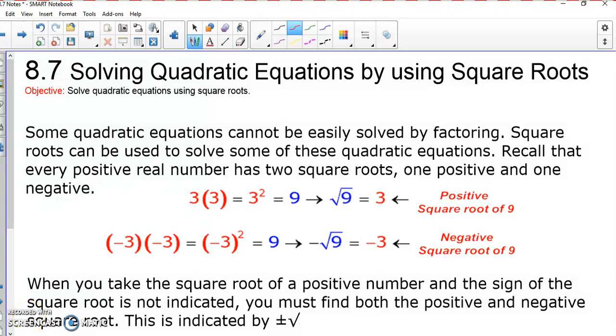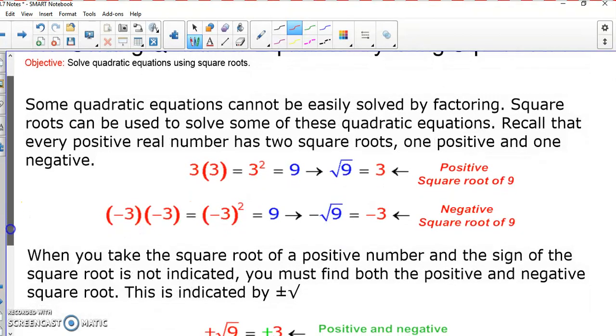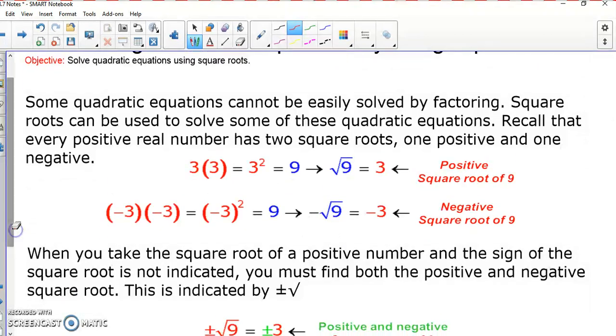Hi class, this is 8.7, solving quadratic equations by using square roots. So far we've learned how to solve quadratic equations through factoring. And so today we're going to learn how to do it with square roots, where factoring just isn't an option to use. So one of the things we need to remember is that every positive real number has two square